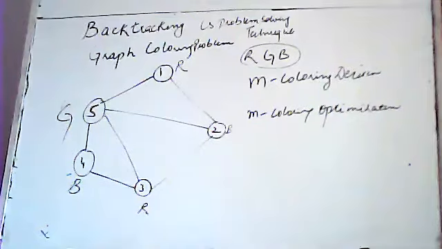Then we would have been asked whether it is possible to paint the graph with these 4 colors. We have to answer yes or no. Fine. Can we paint this graph with one more color? If we are given, see, 3 colors, we have seen that it is feasible to paint this graph with a minimum of 3 colors. What would be the scenario if we would have been given a fourth color, that is yellow? What would be your answer? Yes or no? The answer would be yes or no. Please tell me.